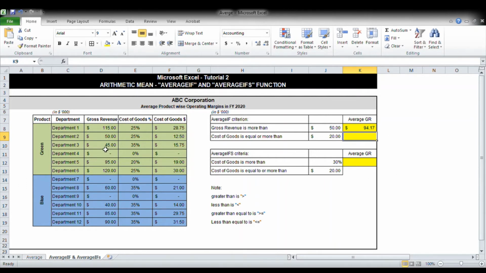In our second task, the range to apply the criteria and the range for which the average is to be calculated are different. In cell K9, we put equals sign and type AverageIF and press the tab button on the keyboard. Since our criteria is dollar value of cost of goods, we first select the array F8 to F19 as criteria range followed by a comma. In the criteria, we will open a double quote, insert the greater than and equals sign on keyboard and close the double quote and insert the and sign and select the cell J9 to provide reference to